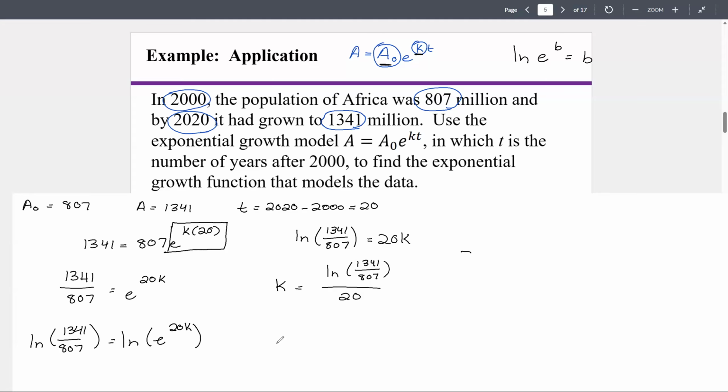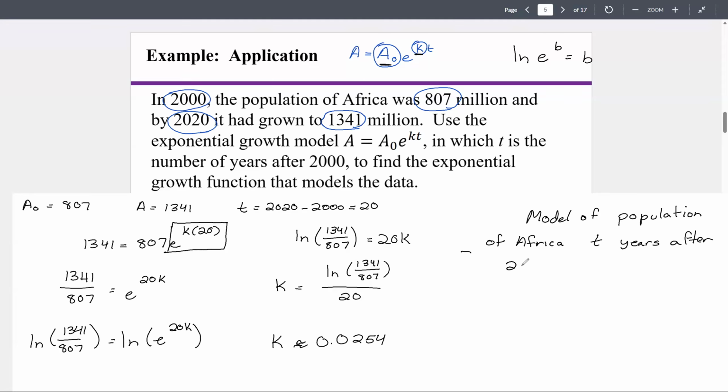So what I get here is that k is going to be equal to 0.0254, rounded to 4 decimal places. That's going to be my k. So my model of the population of Africa, t years after 2000